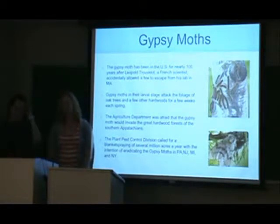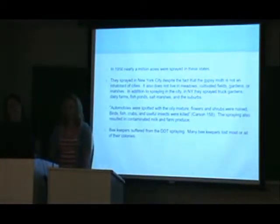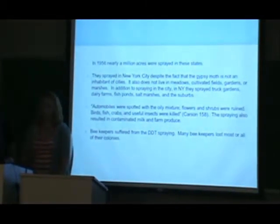And the agricultural department was afraid that the gypsy moth would invade the great hardwood forest of the Southern Appalachians. So then the Plant Pest Control Division called for a blanket spraying of several million acres a year with the intention of eradicating the gypsy moths in Pennsylvania, New Jersey, Michigan, and New York. So in 1956, they sprayed nearly 1 million acres in those states,